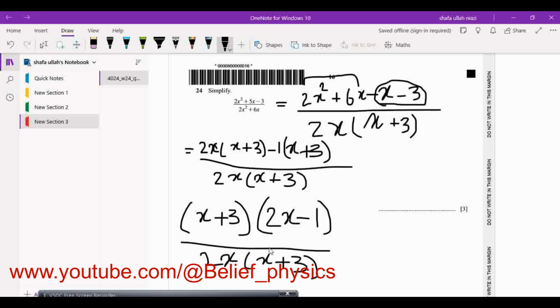No, we can cancel this x plus 3 with x plus 3. So the answer is 2x minus 1 divided by 2x. So this is the simplified expression for this. So this is the answer. Next is